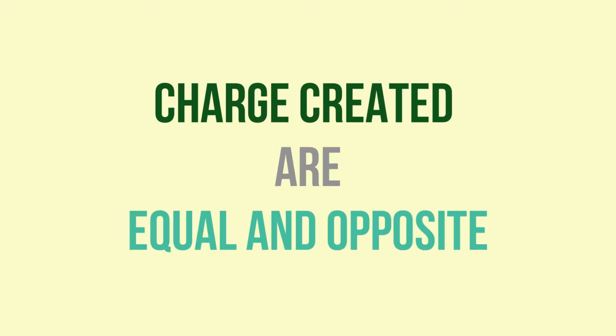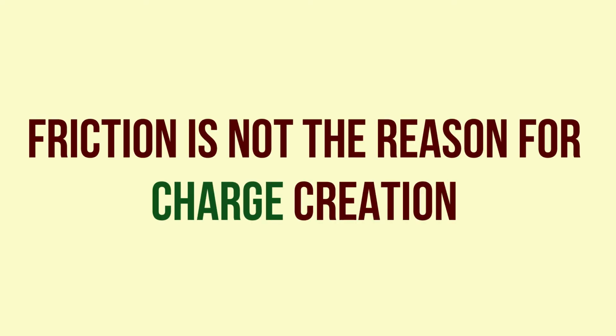And according to the conservation property, the charge on one material is equal to the charge on the other material, but both have different signs. Guys, if you look at this process, it feels as though the friction between two materials is what is producing the charge. But if you are thinking like that, you are wrong. In reality, the case is different, so don't get confused by the name.